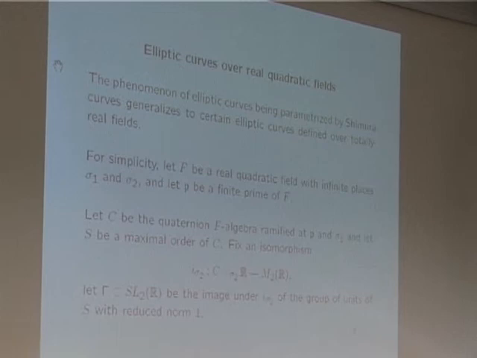That's sort of one way of looking at it. Nothing rigorous, really. So not only can we play this game over Q, but Shimura curves also parameterize elliptic curves